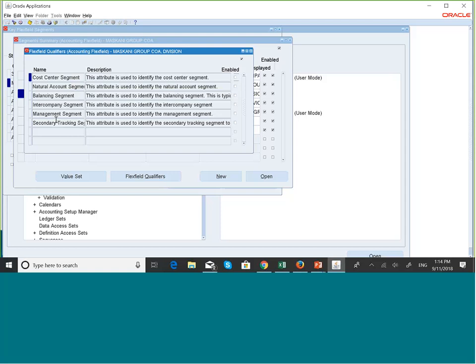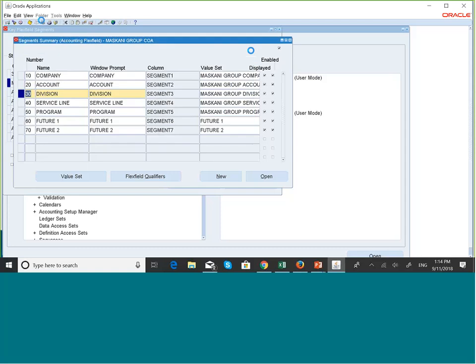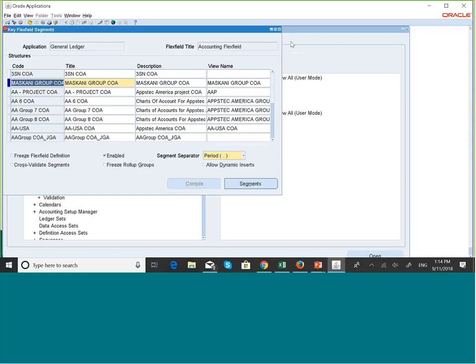So we have qualified the two mandatory segments, the balancing segment and the natural account segment. So we are good up to that point, and we can save our work. So we can also close this window. Now, there's also one more thing that we need to do,